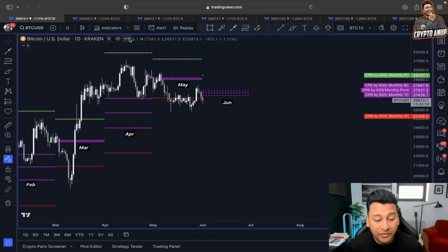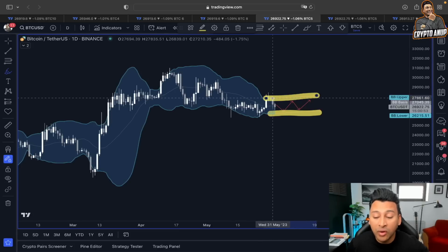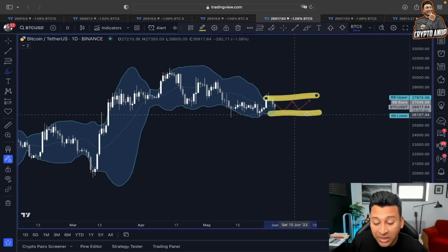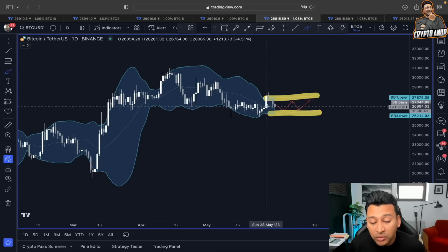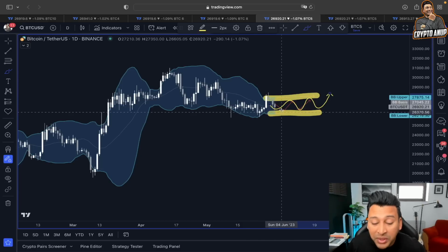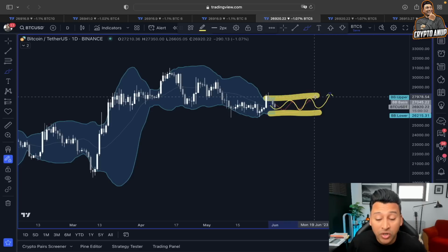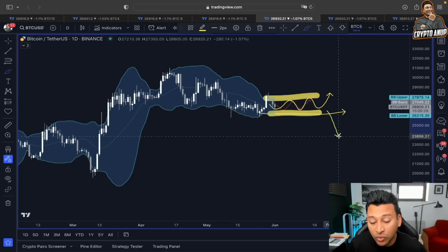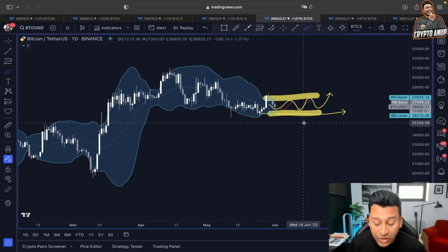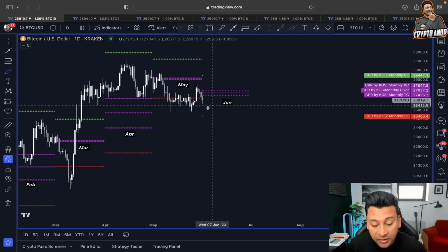So you can see very clearly, guys, the price of Bitcoin has some very strong resistance around 27,800. So it's not going to be that easy to break out of it, right? And to the downside, 26,000 is a very strong support. So if we do see more of a range bound for the upcoming days between this range, we are more than happy to see that, because that could be signaling an incoming volatility which could favor both bulls and the bears. But we know if 25,000 support gets broken, then it's going to be favoring the shorts. But if we do somehow manage to break out of this upper trend line, price jumps above this CPR line,